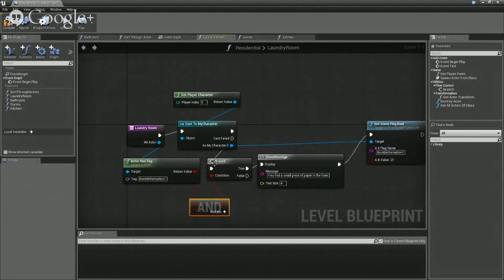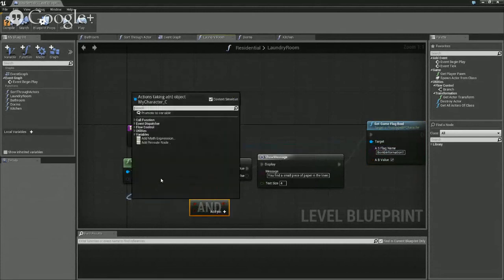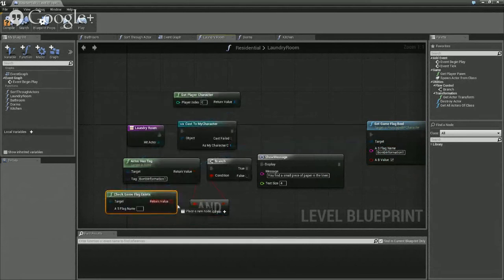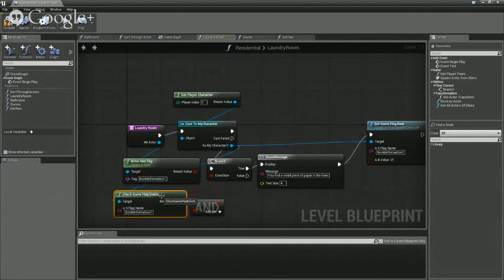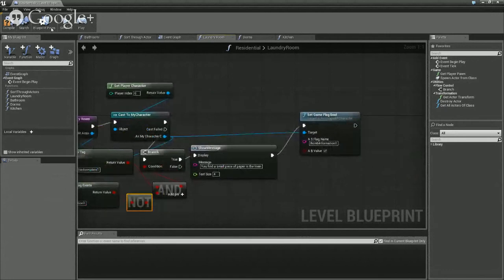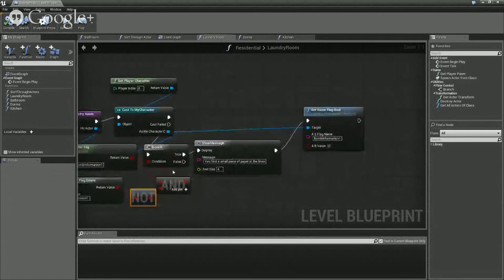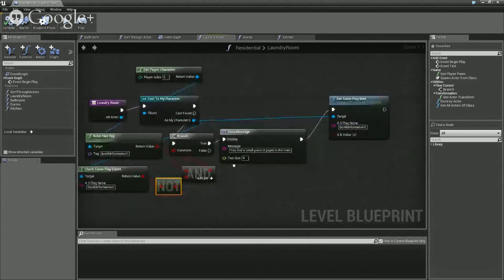If it has this and the flag does not exist, the flag exists, which this should actually be, and the flag does not exist, then do it. Probably means I messed up earlier when I did that. So this occurs once. And once it's done,